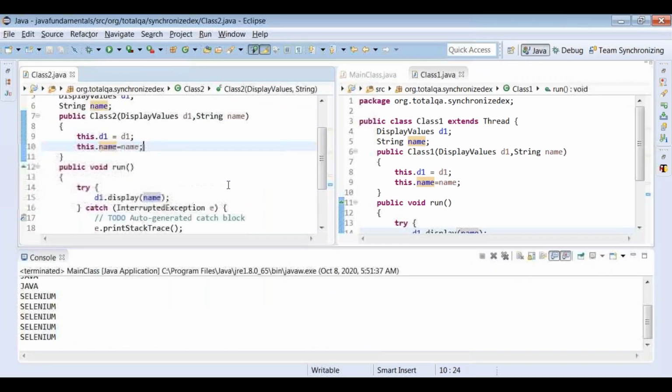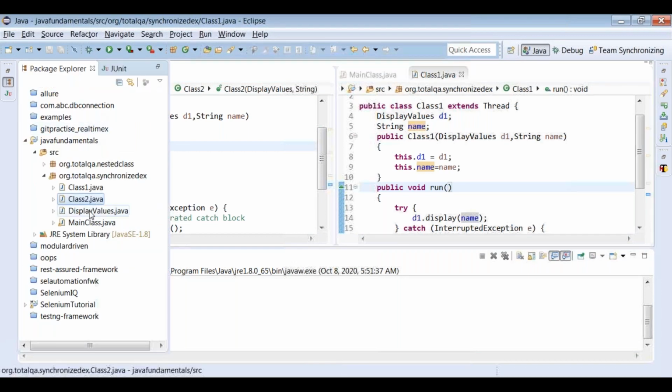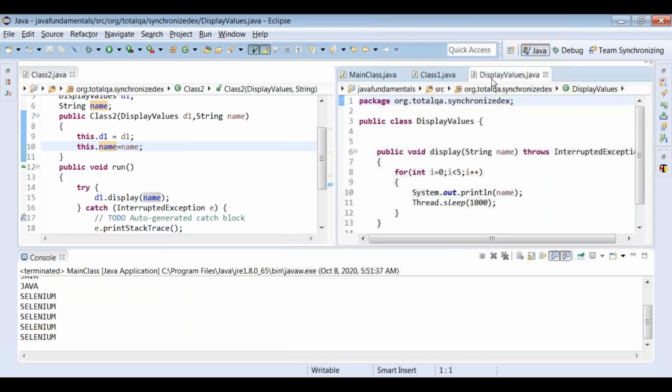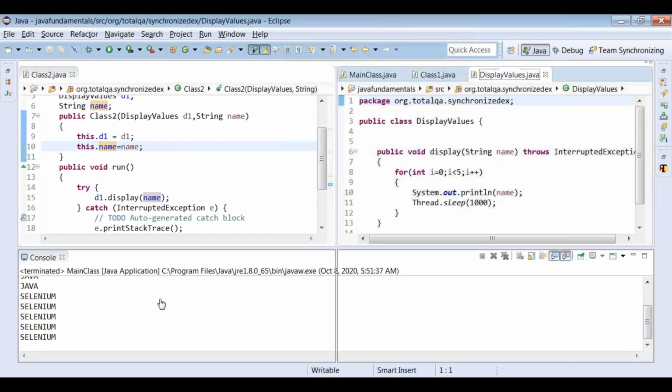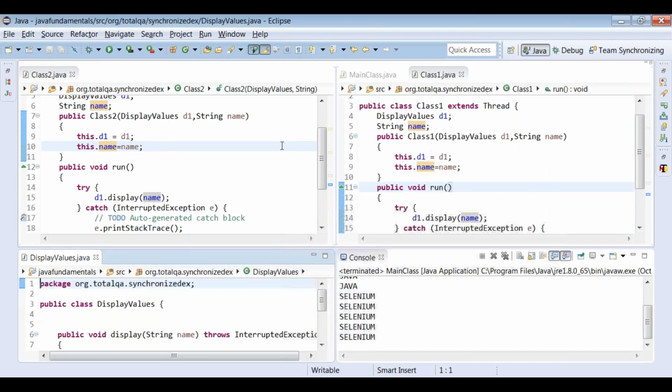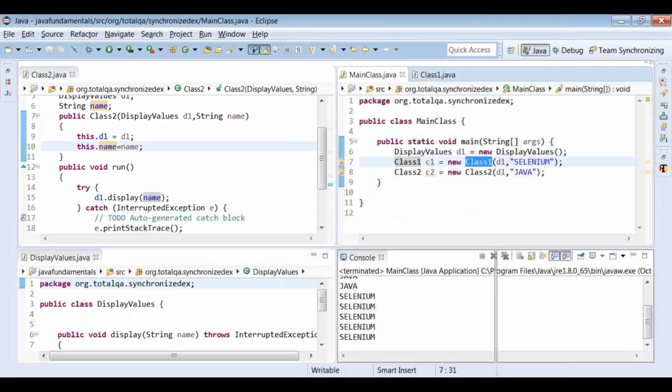Class 1, Class 2, and also we have the display values. Let's display values here and also the main class here.